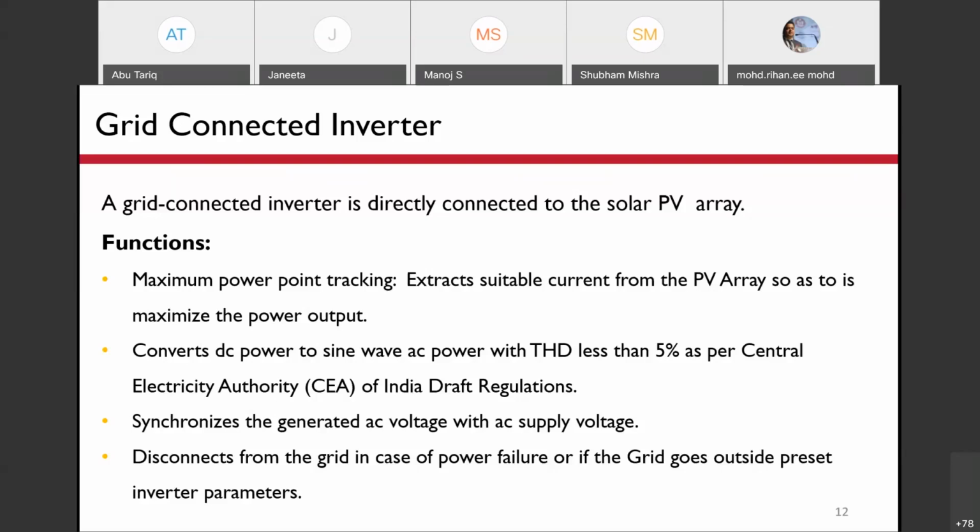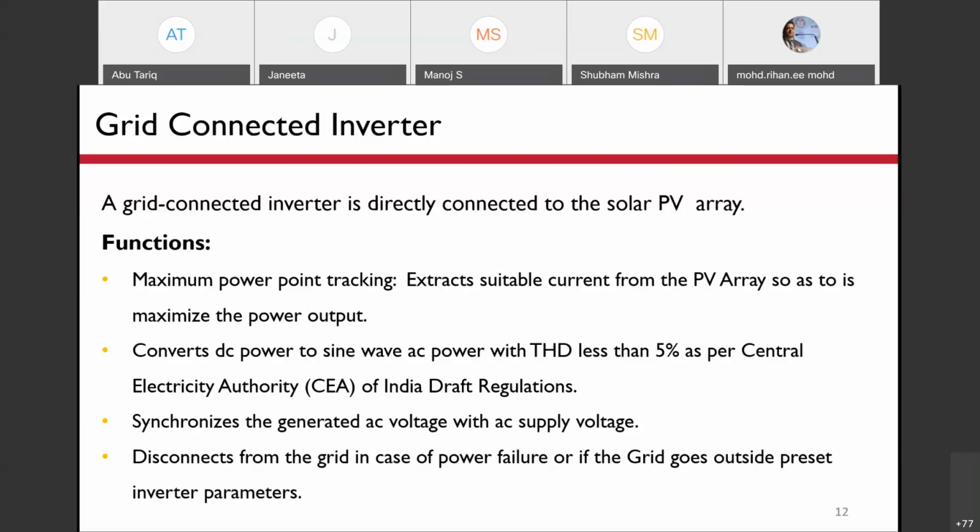And number two, because now it is connected with the grid supply or the supply from the utility, the voltage or frequency will fluctuate. So if the voltage becomes very high, then the inverter itself may get some fault. So it has to isolate itself from the grid.